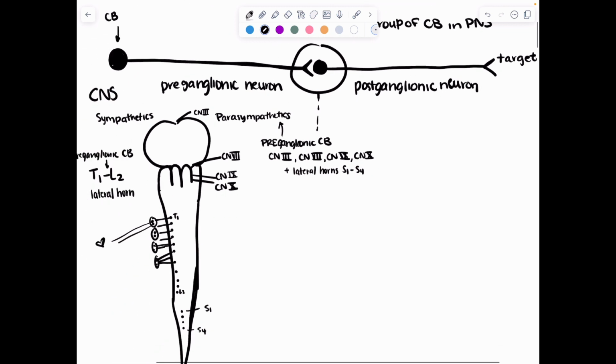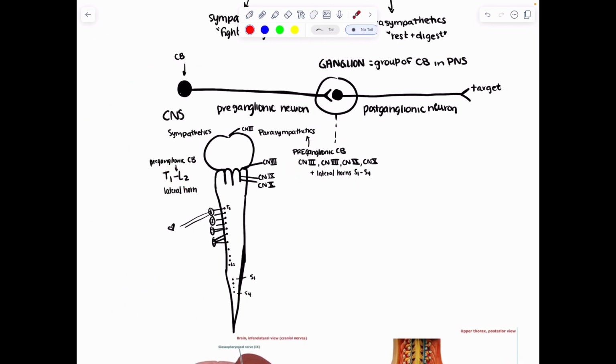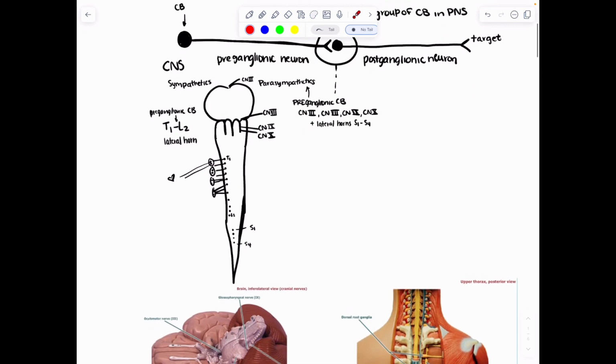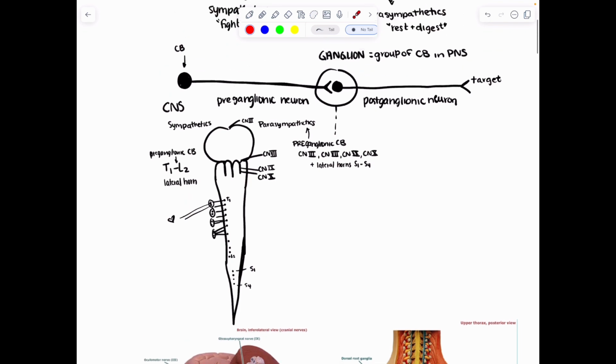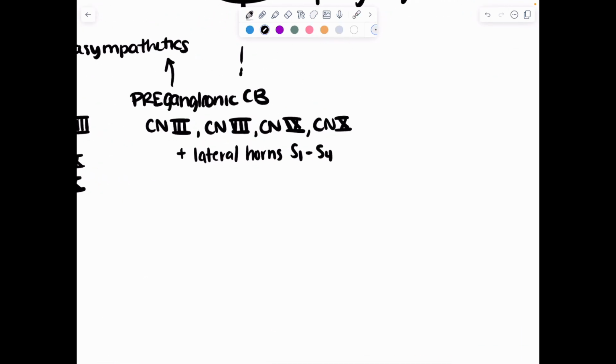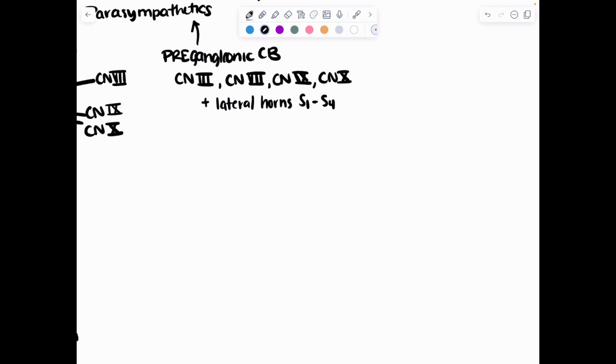And so that is just very common. That's kind of the base knowledge. Now we could go into what kind of stuff is released in each of those. We could get really deep, but that's kind of the main ideas of what I want you to know in regards to how it works. So I want you to know that ganglion is where they synapse. I want you to know where the preganglionic cell bodies are found, and generally what some of the things they do are. So I just want to talk really briefly, before we look at the images, about what each of the cranial nerves does, because those are the ones that you'll probably see questions on. So cranial nerve 3, oculomotor,